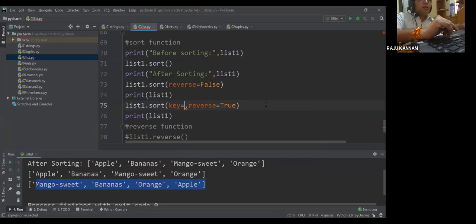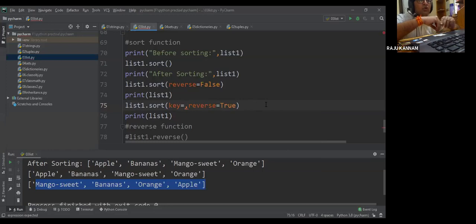Actually this upper lower means we are thinking that this is upper letter and lower letter, but computer will treat it based on ASCII value only. Now here, since length function is there, we can sort based on the length, right? So you can create one function called upper. One user defined function you create in the same program with the name upper, then you pass that function name as key value here. It can be possible, but only thing is you have to define user defined function upper, because upper is not a predefined function in Python, right?